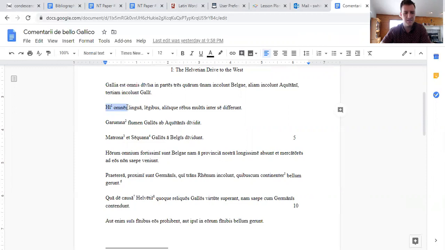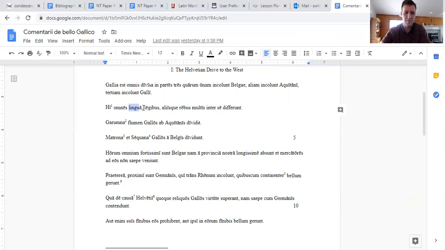So all of these. Now, what is this phrase referring to? Well, it's the 3 different peoples in Gaul. So the Gauls, the Belgians, and the Aquitani. So these all, and our verb at the end, differunt. All of these differ, and we've got a prepositional phrase, inter se. So se is the reflexive pronoun, and remember it's got the same forms for singular and plural. This is accusative plural. And so we can say these all differ among themselves,